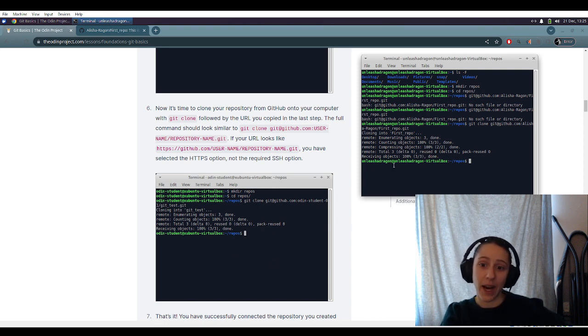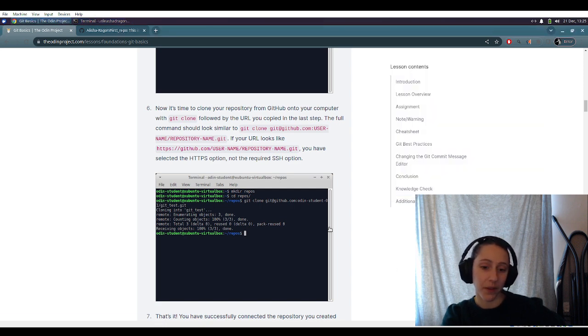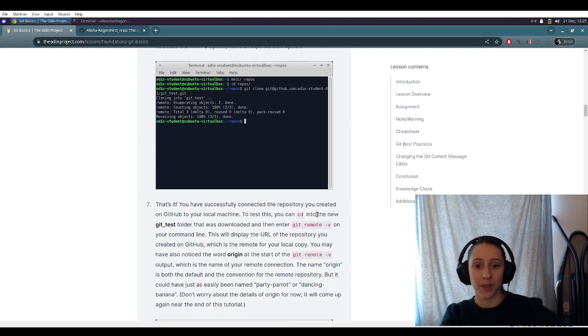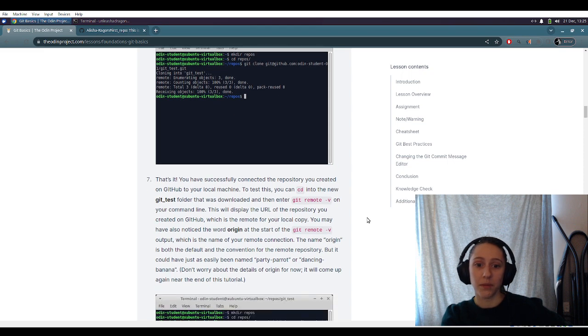So now we have a successful clone. And we've connected the repository we created on GitHub to our local machine. To test this, we can cd into the folder that was downloaded and then enter git remote -v on your command line. This will display the URL of the repository you created on GitHub. You may have noticed the word origin at the start of the git remote -v output,